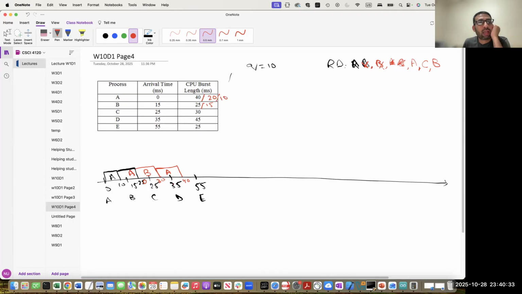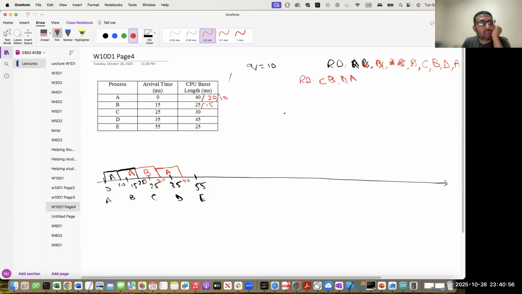But at 35, D has arrived, so D is in the queue, and at 40, A is put back on the tail of the ready queue. I'm writing the ready queue again here to clear things up: